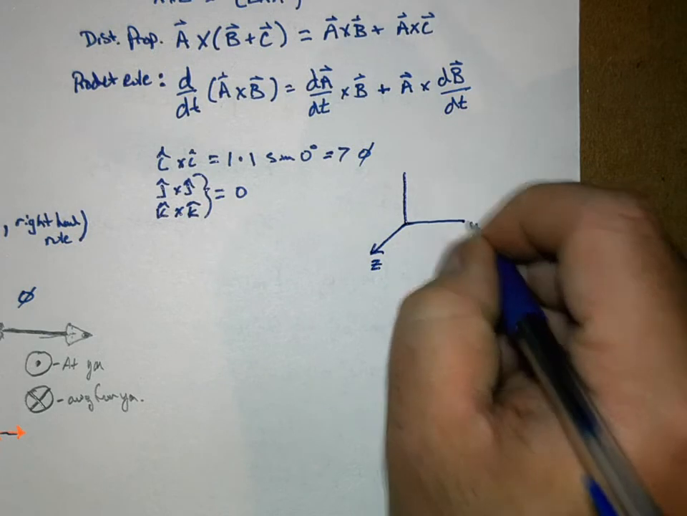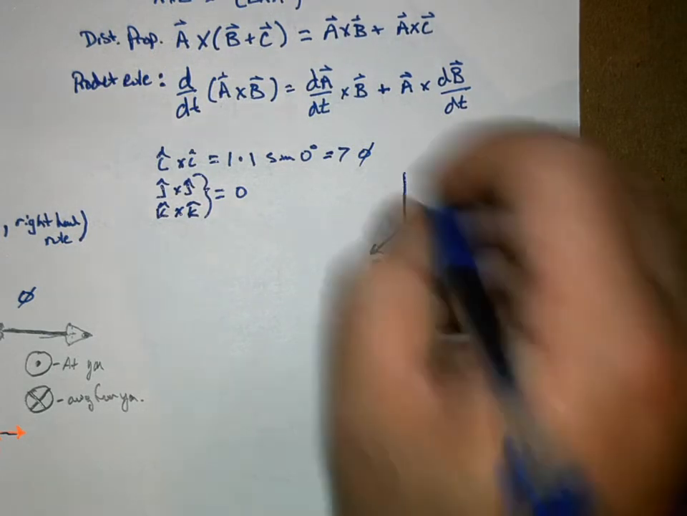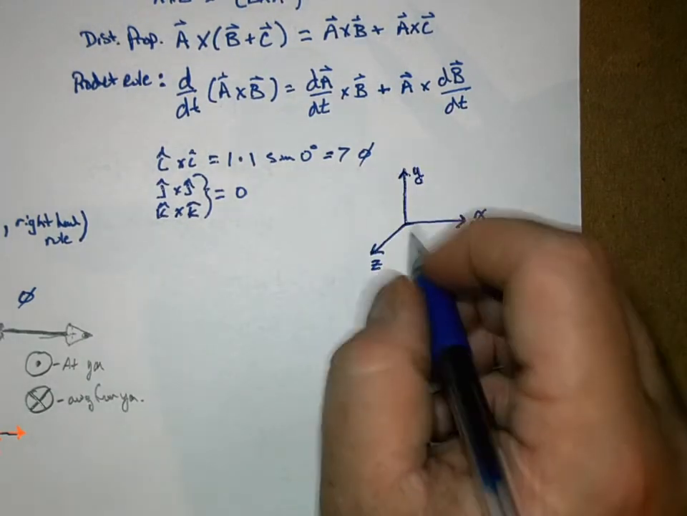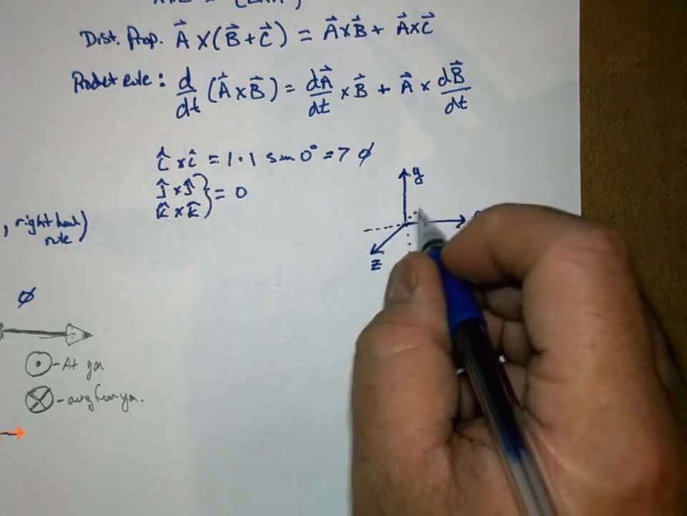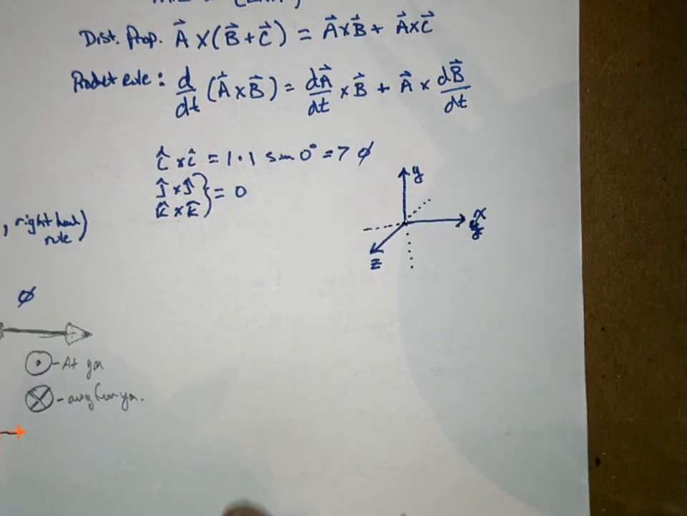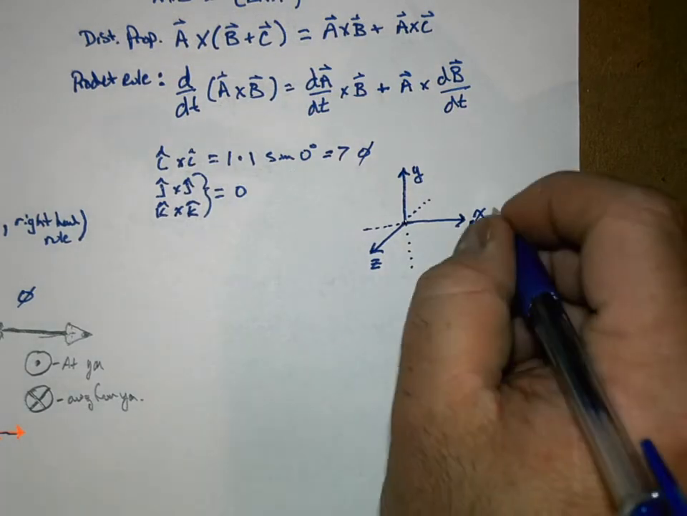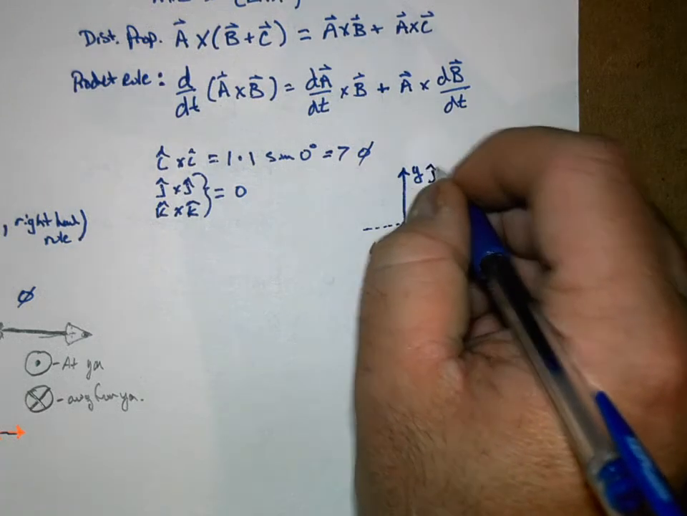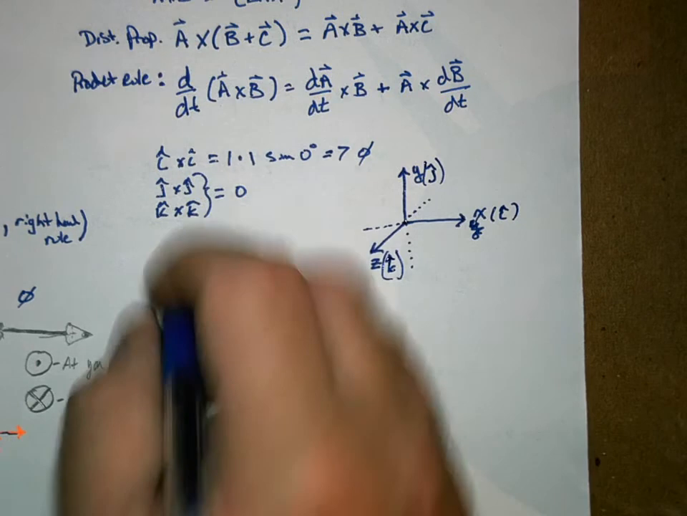I'm sorry, no, that's not Y. That is X. And this is Y. All right, so Y continues down, and X continues over, and Z goes back. And so if we have, and this is i hat, and j hat, and k hat. And so then the way these work is